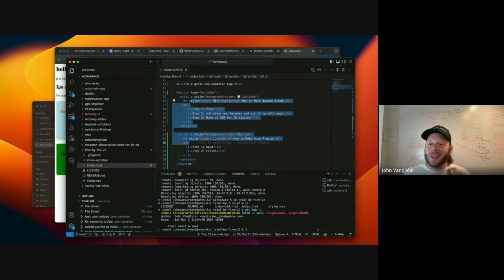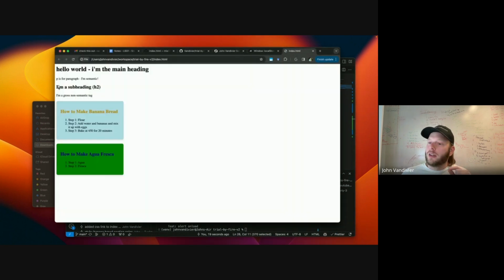What we want to do is not hard code them. We want to save them in the database. That means that we are going to turn it into JavaScript objects, and we are going to create these articles dynamically based on the JavaScript objects. The trick is these JavaScript objects will live in local storage. They won't live on a server database. So that's what local storage lets us do.